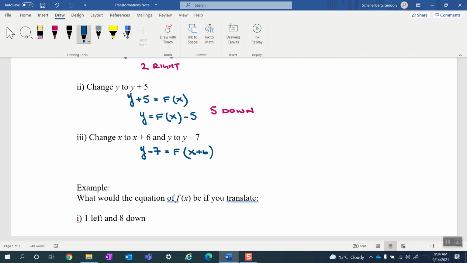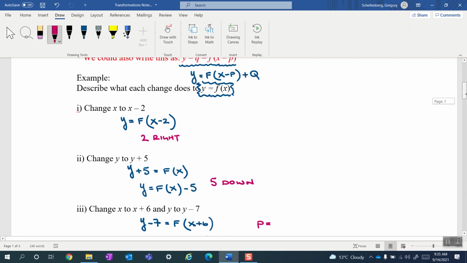Okay, again, I'm going to isolate y. We get y is equal to f of x plus 6 plus 7. And let's just identify what our p-value and what our q-value is. Okay, so careful particularly with the p-value. Think about whether p here is positive 6 or negative 6. And to think about it, think about what we're plugging into this